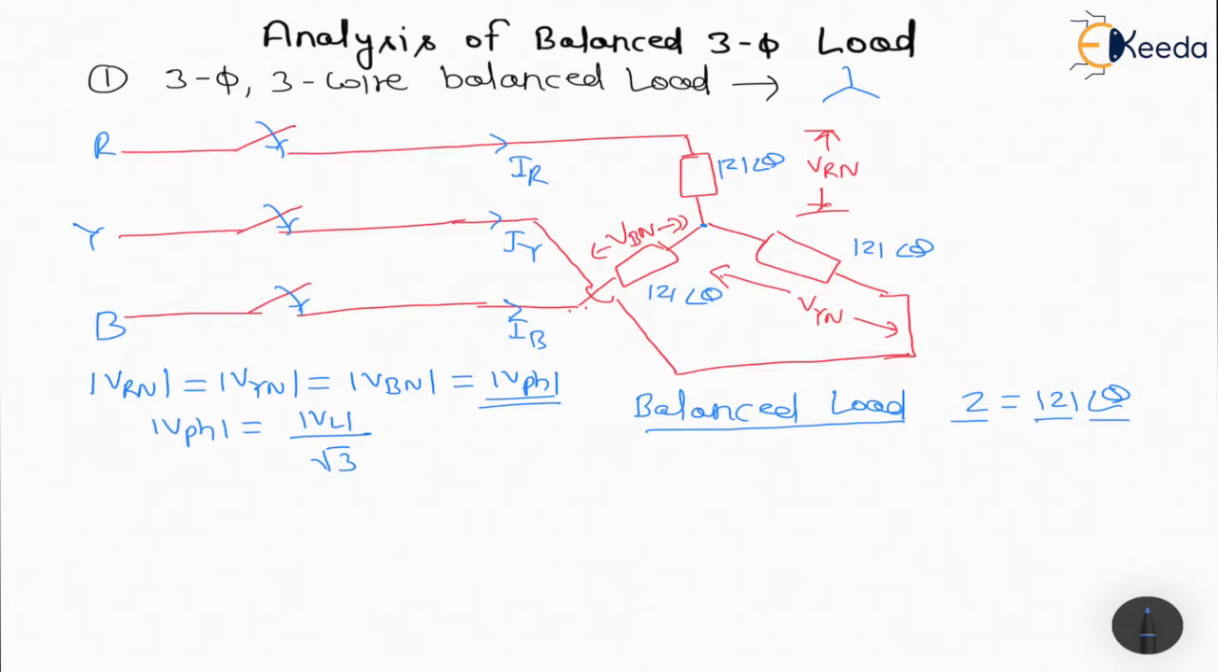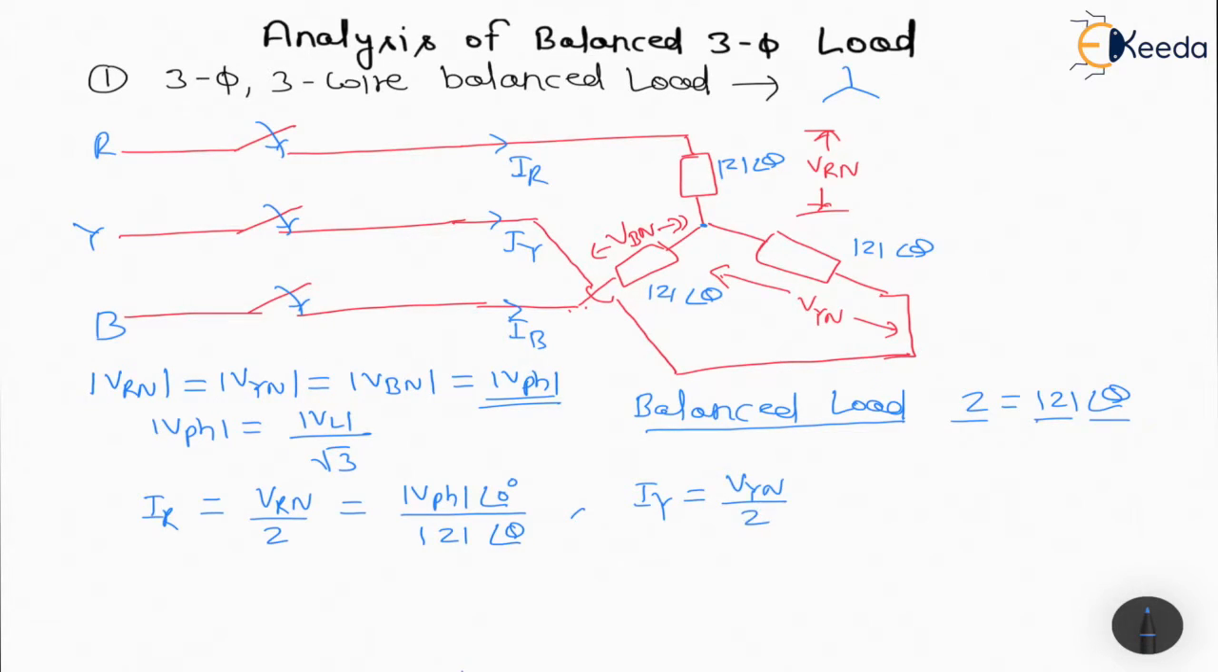Now we want to calculate the value of IR, IY and IB. So the value of IR is equal to Vrn upon Z, means mod of Vph angle of 0. If you are taking R as a reference, so mod Vph at the angle of 0 upon mod Z at the angle of theta. In the same way, value of Iy will be equal to